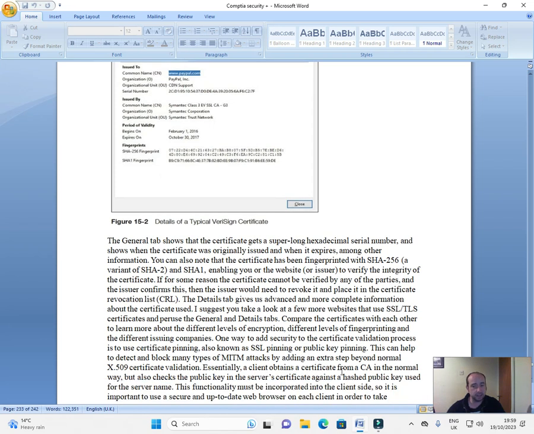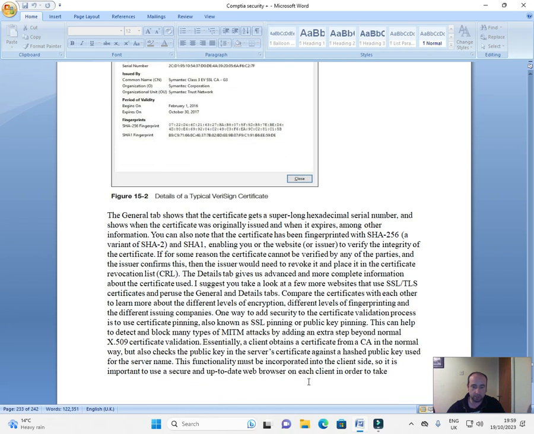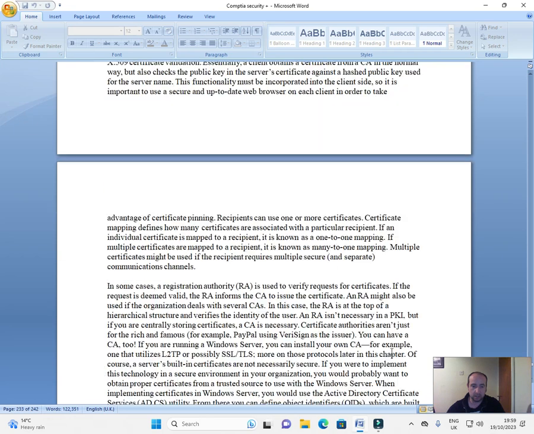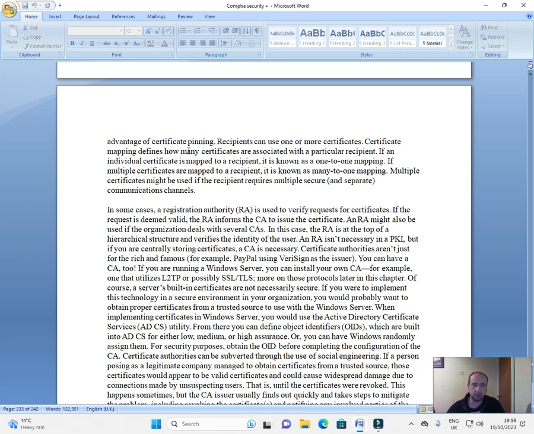Essentially, a client obtains a certificate from a CA in the normal way, but also checks the public key in the server's certificate against the hashed public key used for the server name. This functionality must be incorporated into the client side, so it is important to use a secure, up-to-date web browser on each client in order to take advantage of